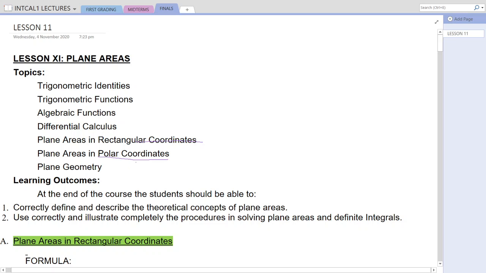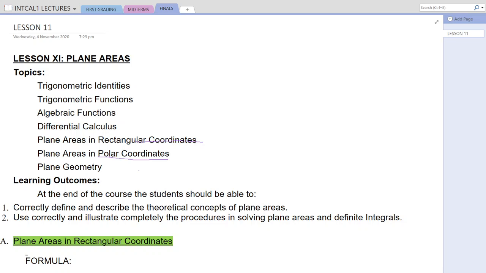this will be applied all in getting the plane areas of the area bounded by a line, that is the linear equation, or that is the first degree polynomial. Okay, and then as well as the axis, which is the y-axis and the x-axis of a rectangular coordinate system, and as well as the area bounded by the curve. Okay, so a curve, so that is a parabola, or that forms a spandrel.